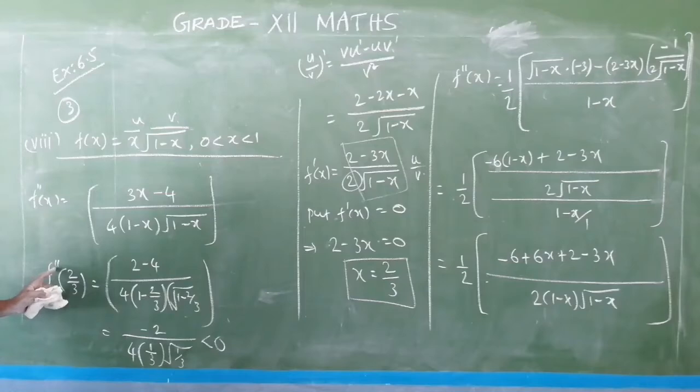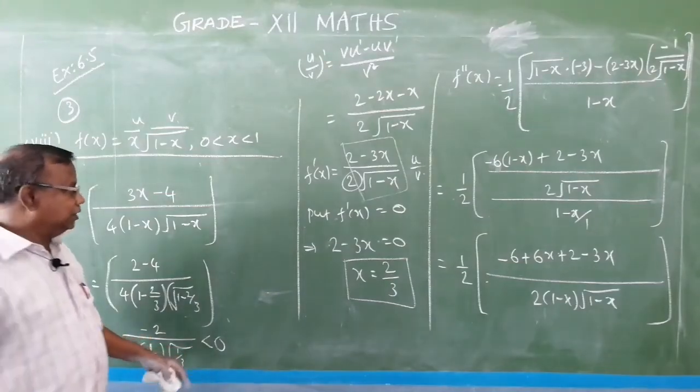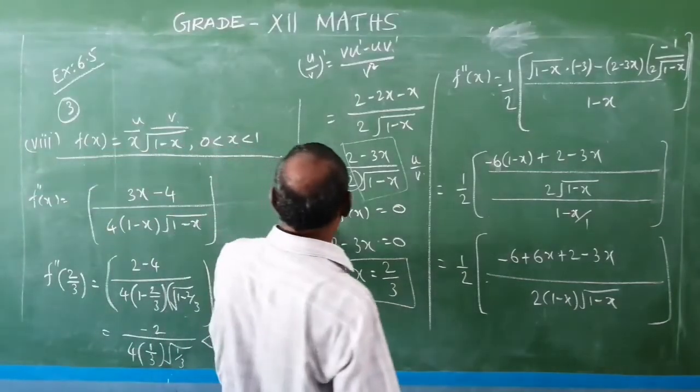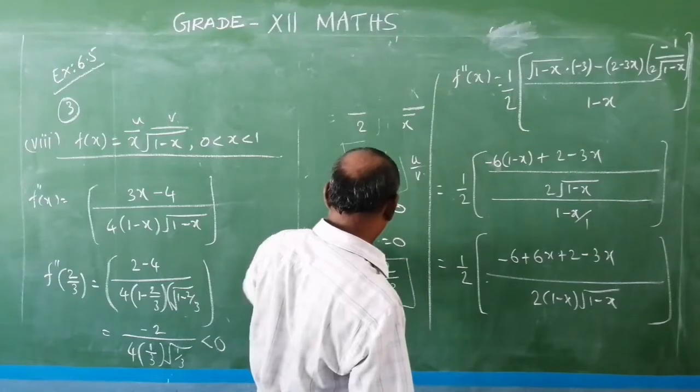Therefore, f double dash of x is less than 0. Therefore, the critical number x equal to 2 by 3